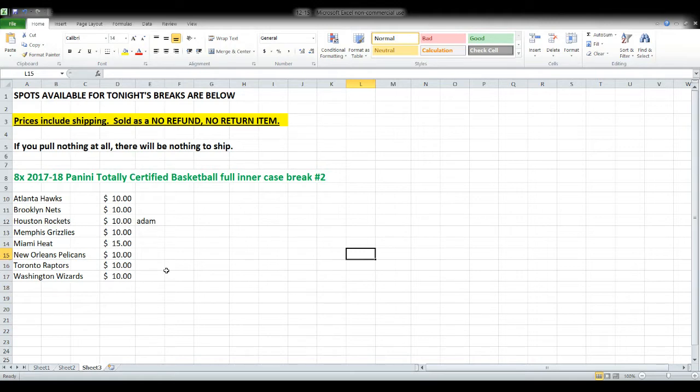Basically in each one of these boxes, we're going to find 40 cards. It's five cards a pack, 8 packs a box, so 40 cards a box. And we'll find 1 autograph and 1 memorabilia per box on average. You guys know Panini's little on average deal. That just means basically that...